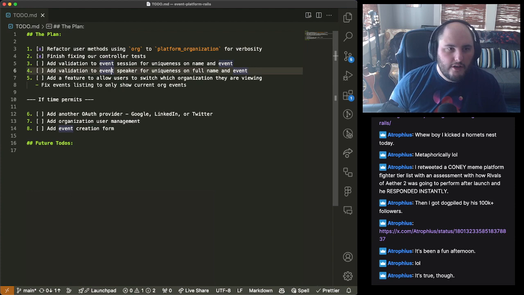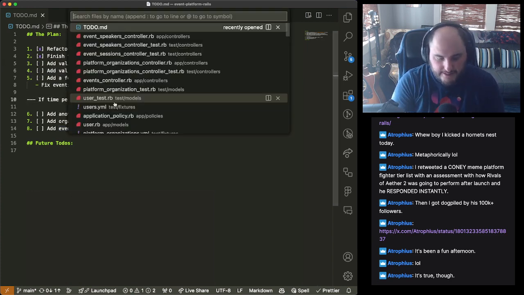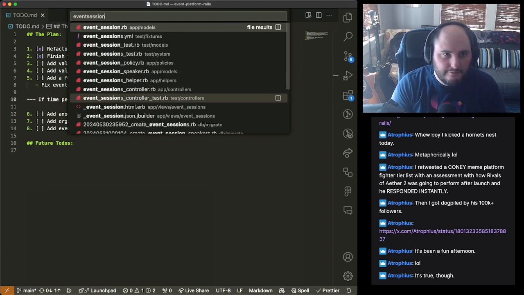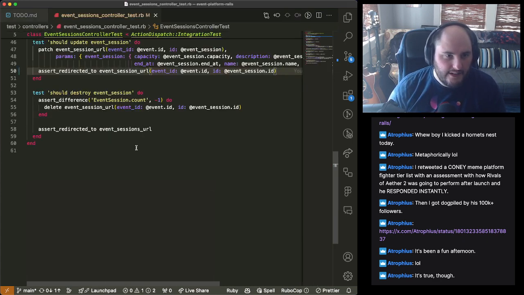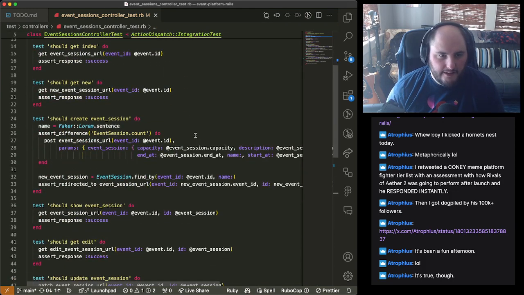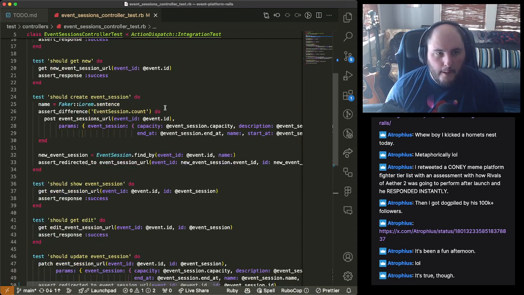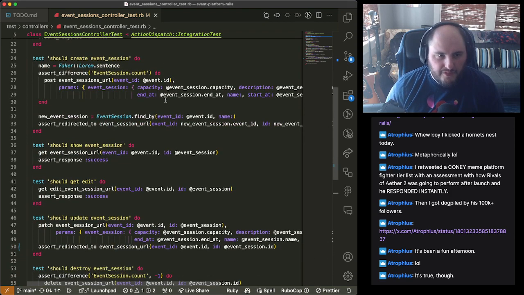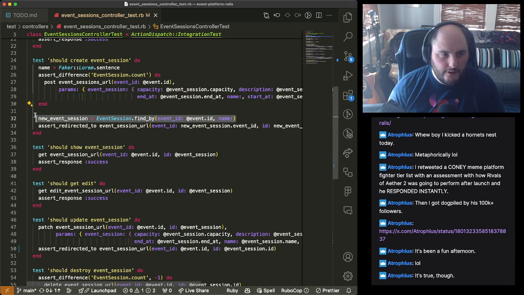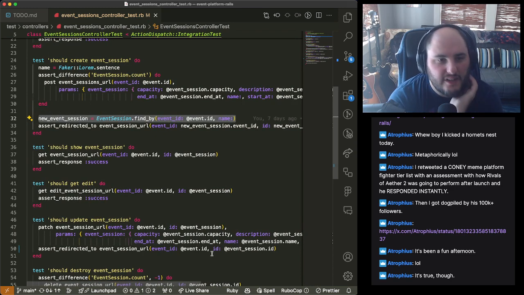So we're going to jump back to these two for a minute because I don't want to miss this. In event session controller test, which I can clean up a lot, there's a lot of linting and cleaning that I could do. We're going to ignore that for a minute. We're going to focus in for a second on this line of code right here.